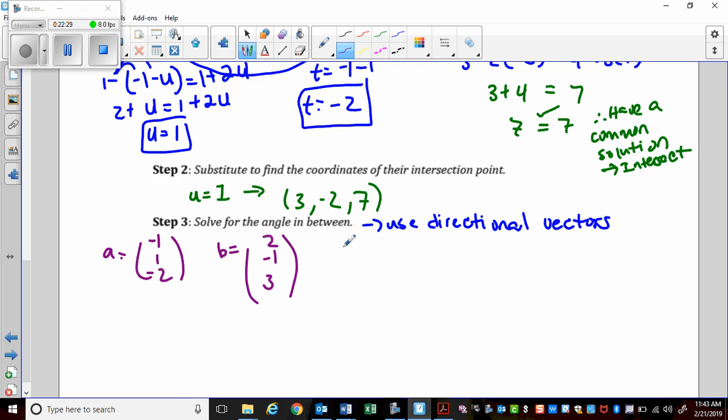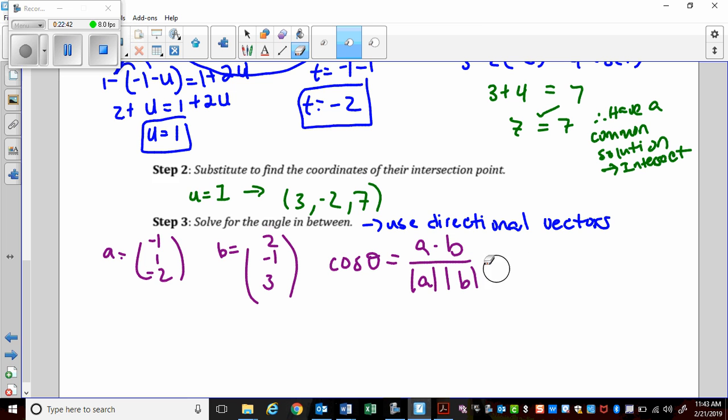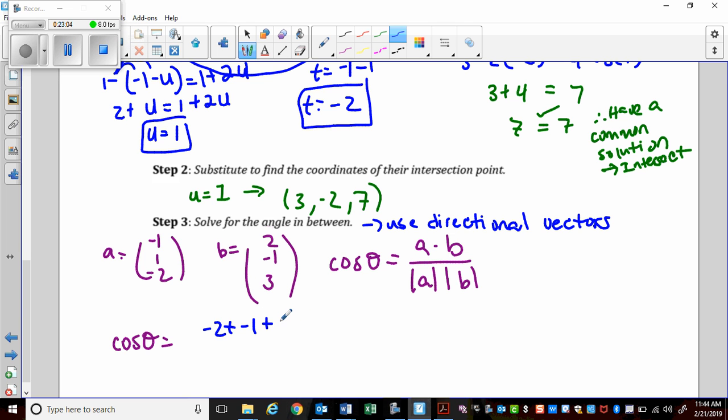All right, so now we have a formula for this. We say cosine of theta equals A dot B, the dot product, over the magnitude of A and the magnitude of B. That's it. Yeah, cosine of theta equals this. All right, so this is not too hard now to find the dot product. The dot product is negative 1 times 2, which is negative 2, plus negative 1 times negative 1, which is negative 1, plus negative 2 times 3, which is negative 6, all over the magnitude of A,